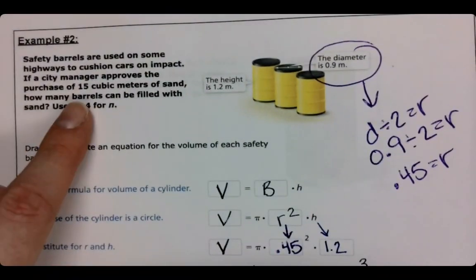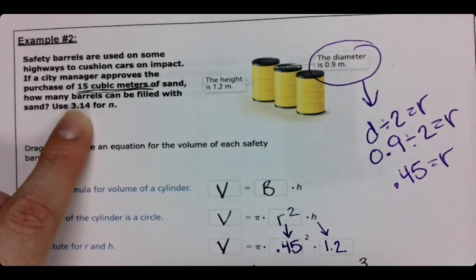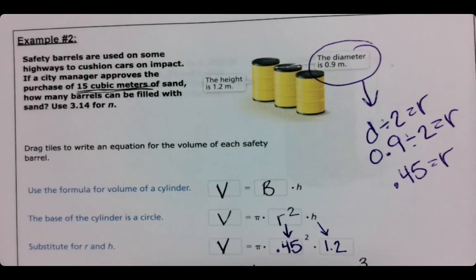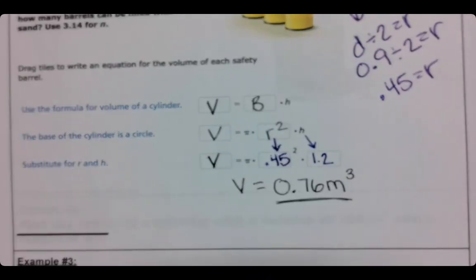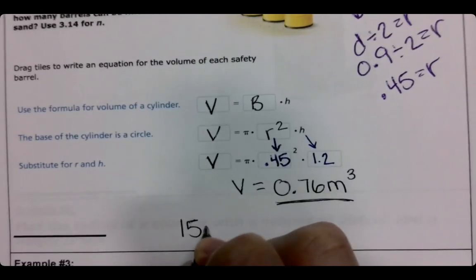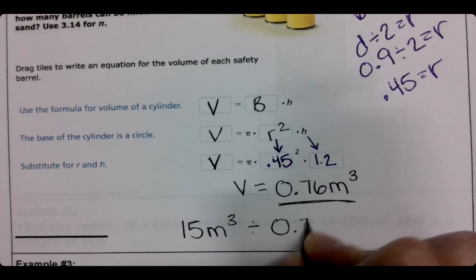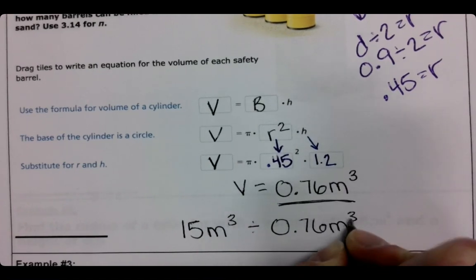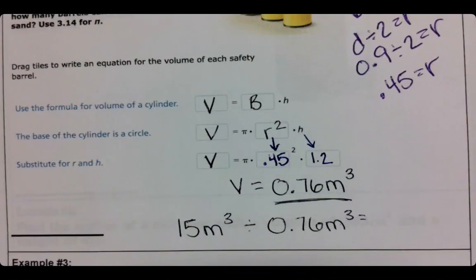So remember, he got 15 cubic meters of sand, and each barrel needs that much sand. So how would we figure that out? We would take our 15 meters cubed and divide it by how much is going in each barrel. And we could fill, how many would be completely